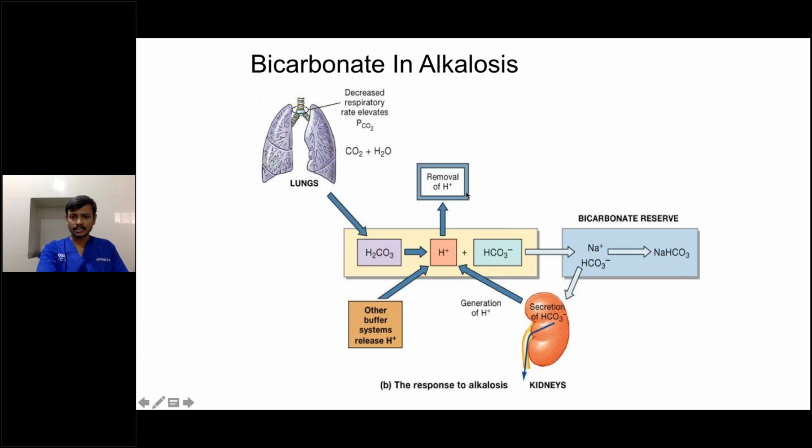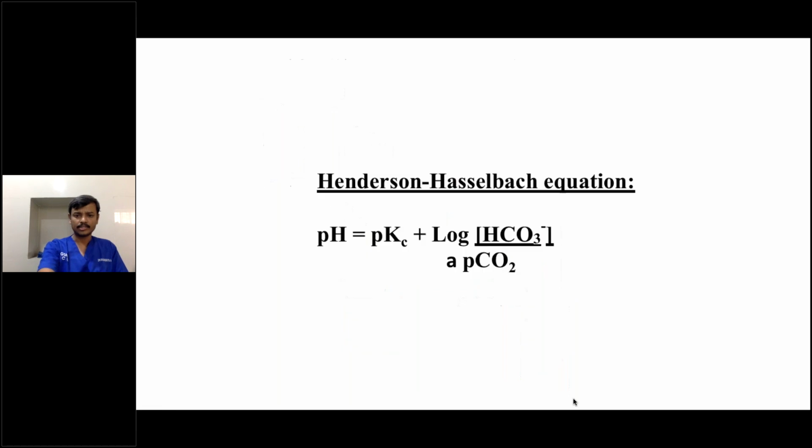Now if you come to alkalosis, if we remove H plus ions, what will happen? This carbonic acid will form more and more H plus and bicarbonate. So the patient will start breathing at a lower rate, so that carbon dioxide will increase. So the bicarbonate concentration increases because the reaction goes in this direction. This bicarbonate, once it is more in the blood, we call it alkalosis. It will be added to the bicarbonate reserve. It will be removed by the kidney. Again, the kidney comes in here in the metabolic alkalosis. This is how the bicarbonate buffer system helps in acidosis and alkalosis.